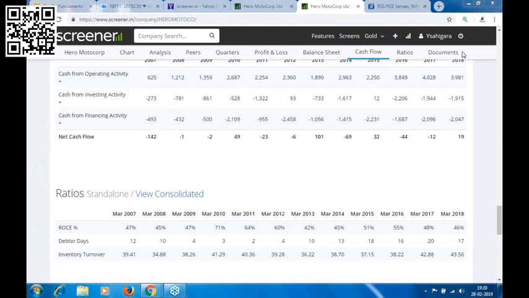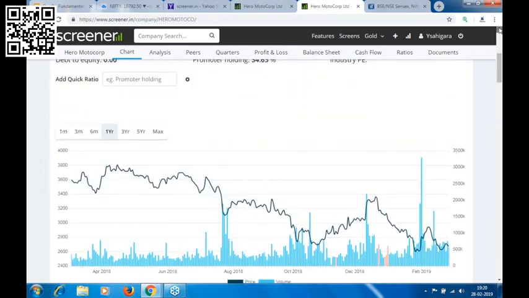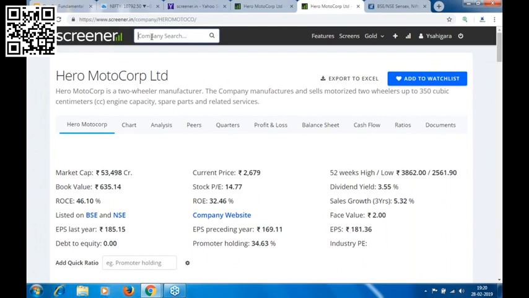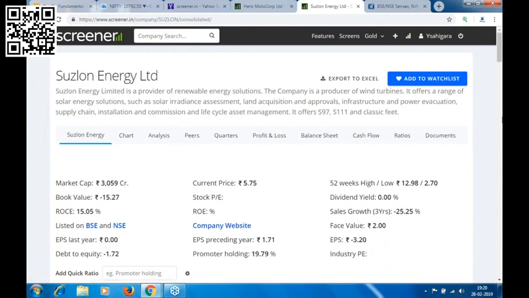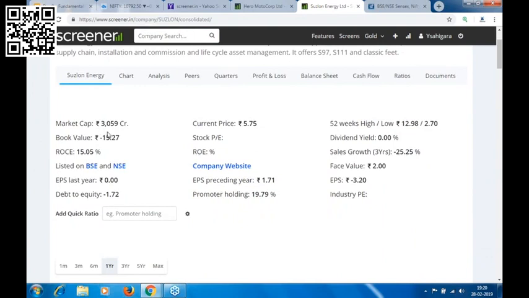Now, similarly, if we look at some other company, let's say we look at Suzlon Energy. Now see, the market cap of the company is 3059 crore, current price is 5.75, 52 weeks high is 12.98,